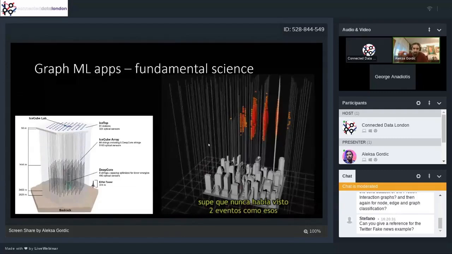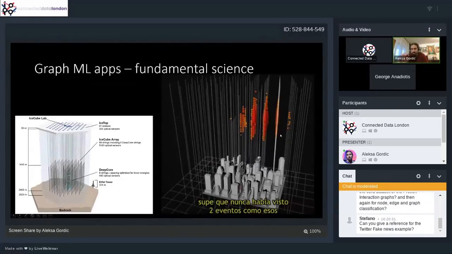While the neutrino is going through the ice, it interacts with molecules, and there is this effect called a triangle of light, which gets emitted, and then the light sensors can capture it, and you can see these red blobs. The size of the blob depicts how much light, how much energy that sensor has received. So the bigger the blob, the more energy. Again, you can see that the graph pattern forms here. Deploying a GNN here, they got really nice results on the classification task, much better than the classical techniques they used previously.